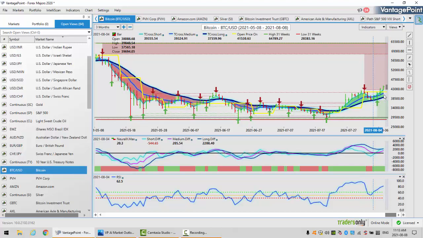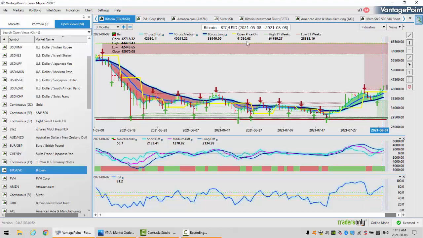So I don't know if Bitcoin is in that groove yet, but it certainly looks like it's getting ready to make a move again. But we do need to hold above this 42,556 because, like I just said with the US dollar index, you're going to have order flow traders here that are going to try and short this thing. And so we've got to be a little bit cautious around that particular level, but that's when we bring in the VP levels.